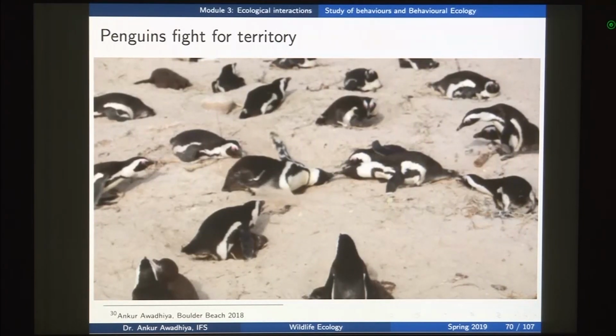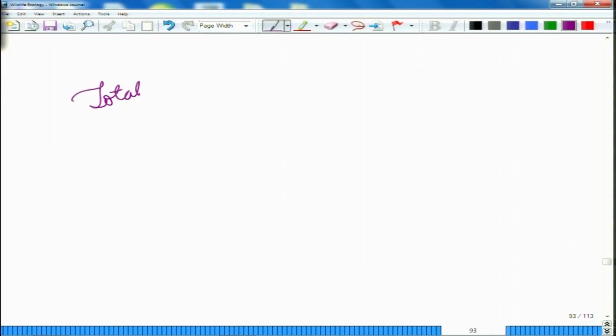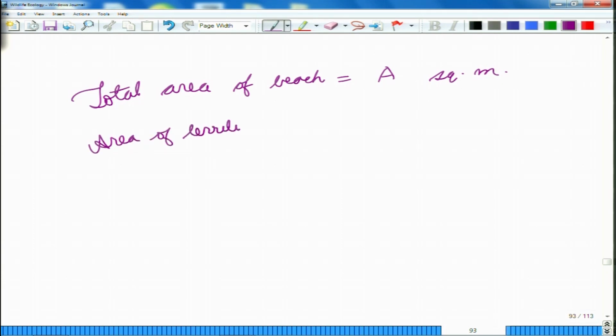So, for instance, if the total area of beach is say A square meters, and the area of territory for each pair is a square meters, then the number of pairs that can be found on this beach will be given